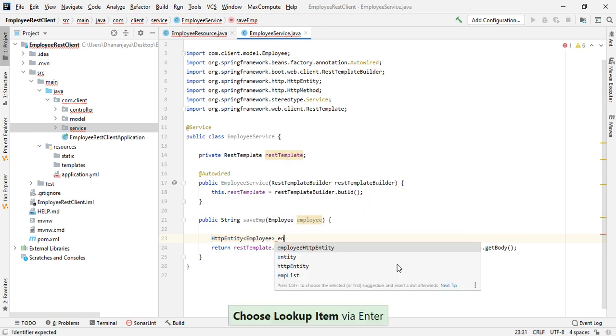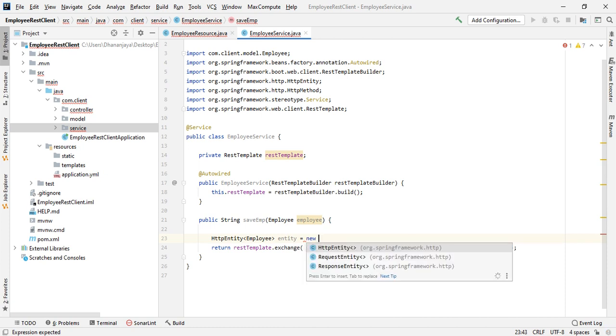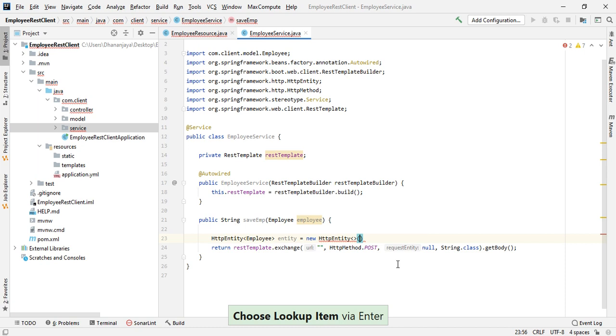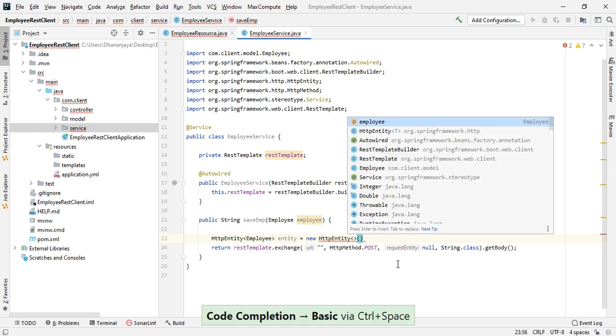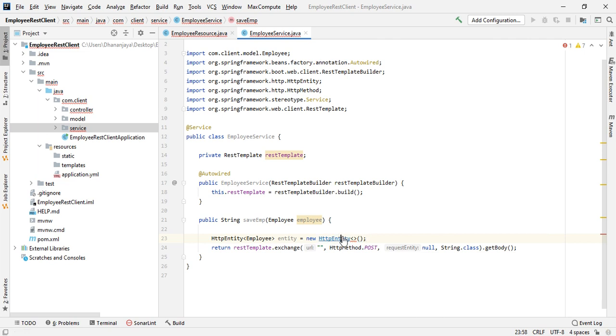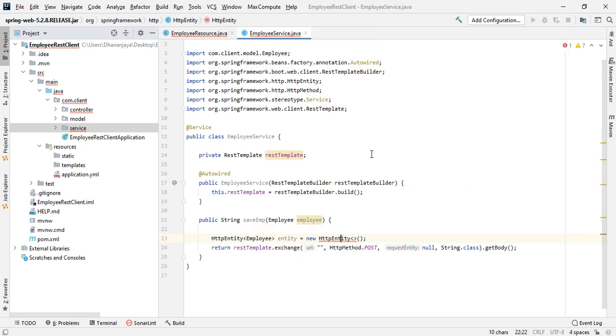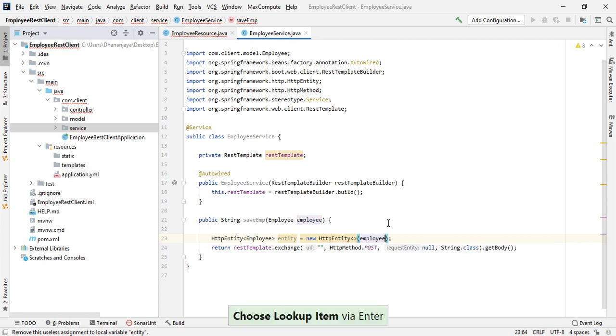Employee equal to new HttpEntity of, increase the zoom. Okay, we have a body, employee.